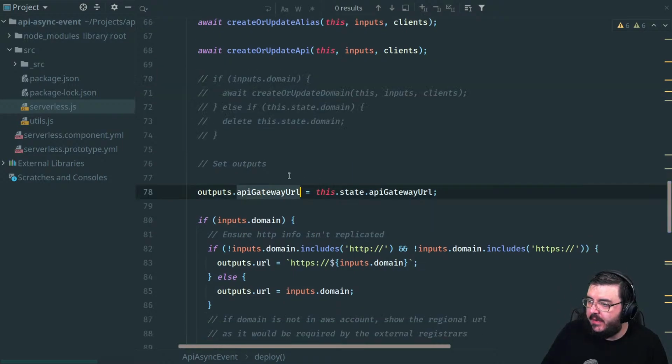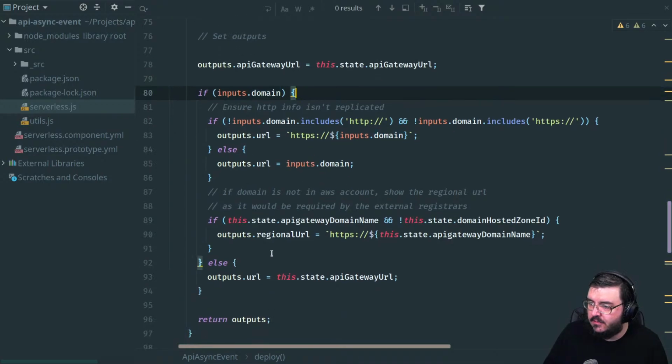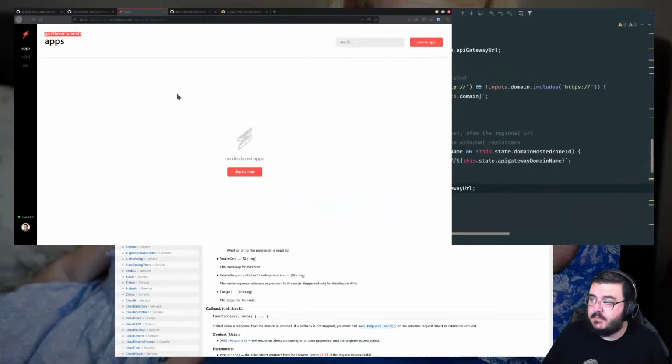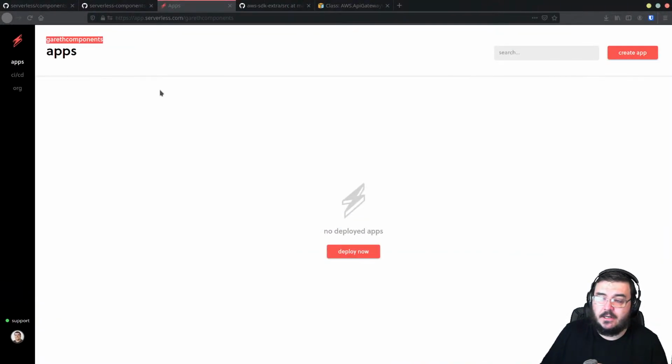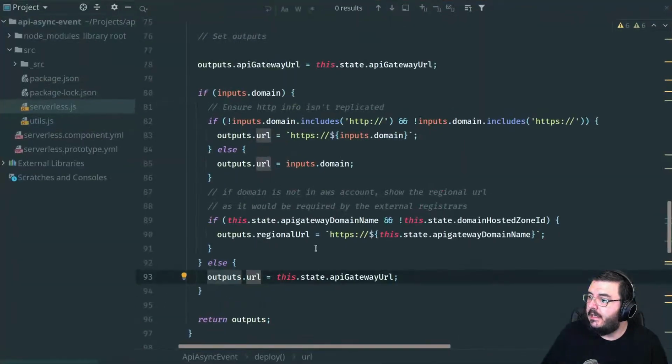So here we go. We're now outputting our API gateway URL, which is all good. That becomes the domain, if domain is set. So again, I guess I can just leave this, because I'm not going to test this with a domain setting in place. It'll just output that. So output is a feature of components where you can basically make this URL available to other components in your app, exposed in your dashboard. So if I had deployed this as a component, it would output that URL and other components could then consume that output to use, which is pretty handy.